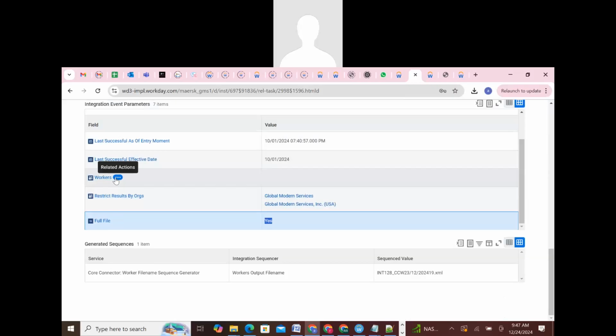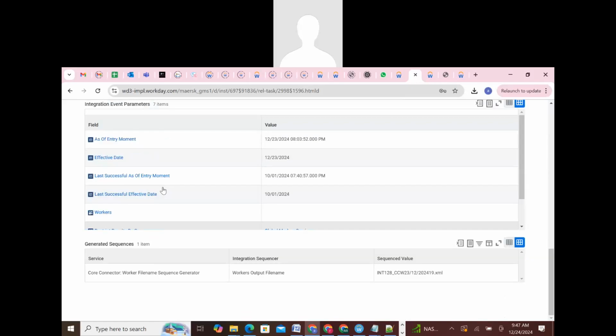If you want to run an integration for specific workers, we can include them under the workers tab. Under restricted results by organization, if you want to run for a specific organization. Under the full file, if you want to run it as a full file, even if none of the employees have changes, if you want to capture all the employee records, we can go with the full file option. And come to the 4